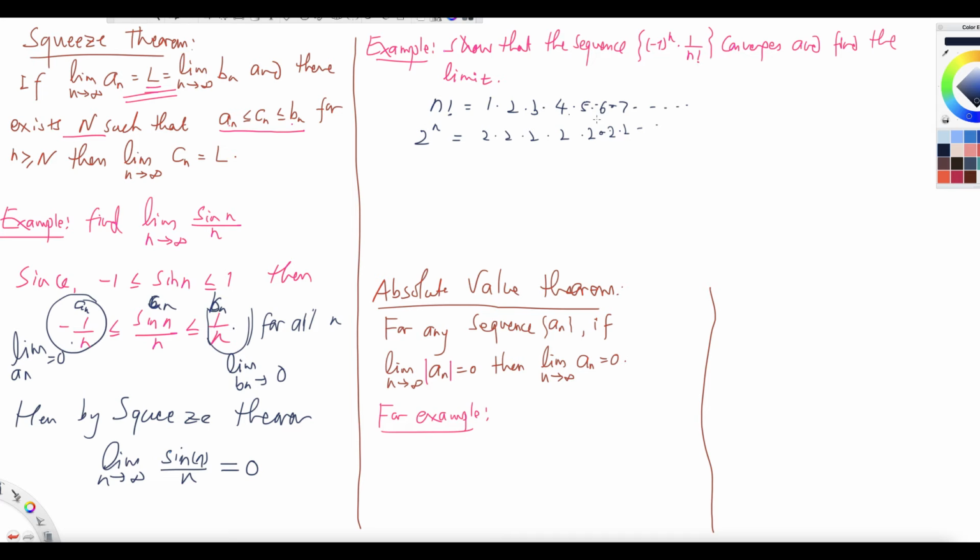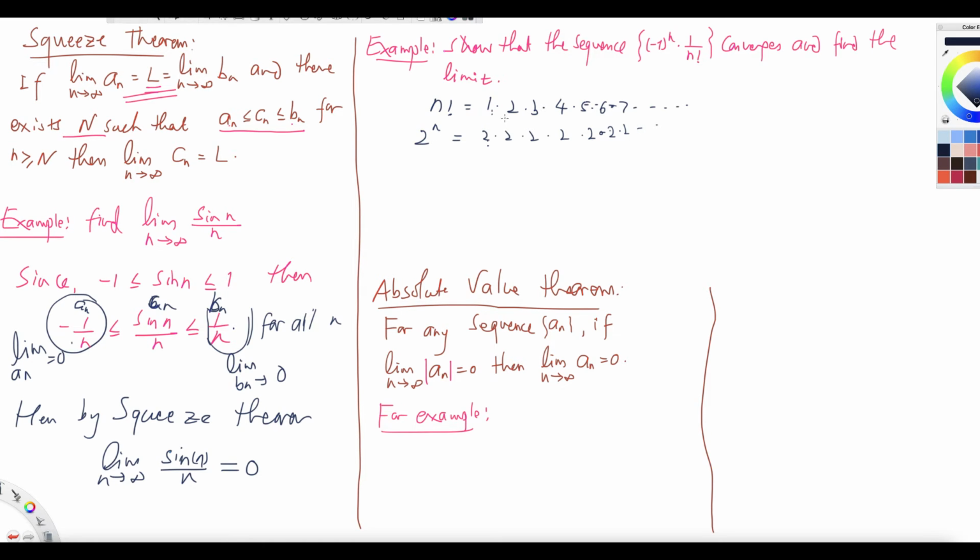So now let us compare. You see that on the first term, this is bigger, right? On the second, it is equal, right? On the third, this is smaller. Fourth smaller, fifth smaller, sixth smaller, and so on, right? You see that after the second term, all the terms of n factorial are bigger. Do you agree with that? After the second term, all the terms of n factorial are bigger than the terms of 2 to the n,